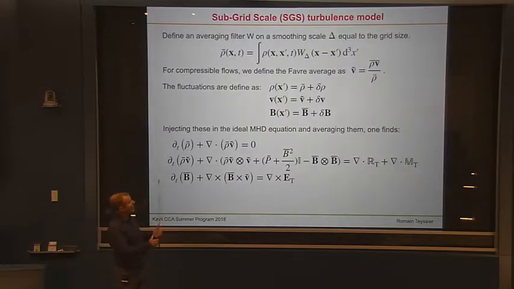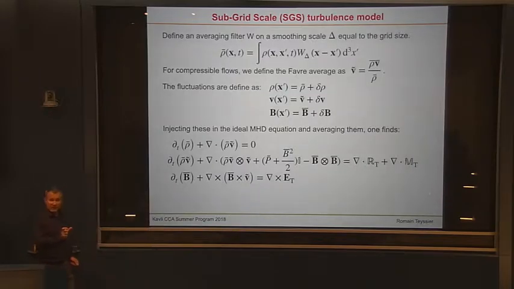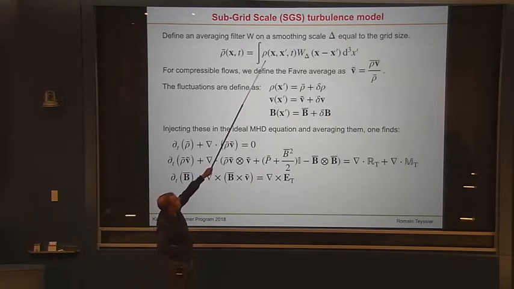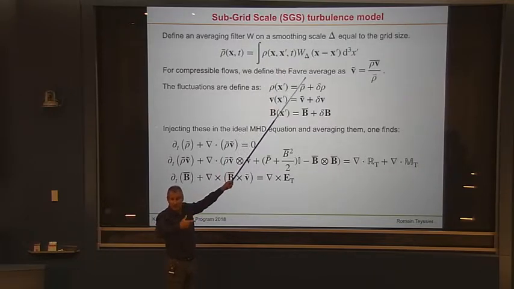Actually, a lot of people are working along these lines in astrophysics, and let me briefly explain how it works. The idea is that you smooth your unresolved scales over a spatial scale delta, which, to simplify the discussion, is equal to the grid size. So basically, you replace your density field, for example, or any of the fluid quantities, which depends on the macroscopic coordinate x, but also on the microscopic coordinate x prime, which is basically where you are inside your cells. So x could be the cell position.